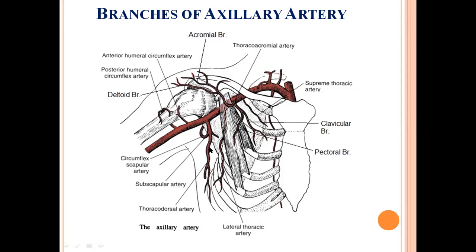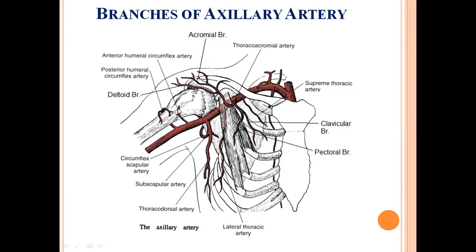This subscapular artery gives one branch which is quite big. We call it the thoracodorsal artery. Apart from that, the two other branches we have are the anterior circumflex humeral and posterior circumflex humeral. The meaning of the word circumflex is winding and going behind. If it is winding from the anterior aspect, you call it the anterior circumflex humeral. If it is winding from behind, you call it the posterior circumflex humeral. Obviously, they anastomose, almost at the level of the surgical neck of the humerus.